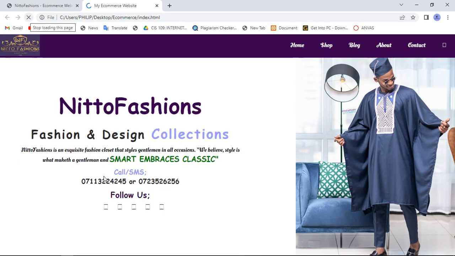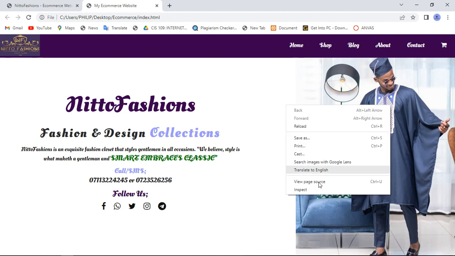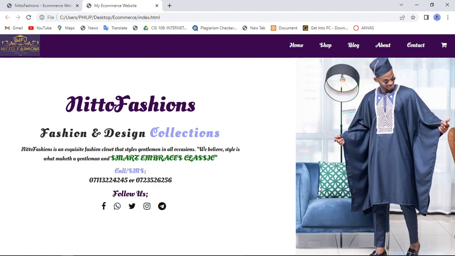And you see now when you place a mouse, it changes. It transforms to 1.2. This is how it is appearing. But if you click on inspect